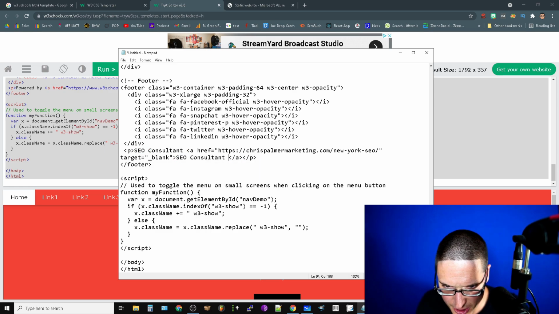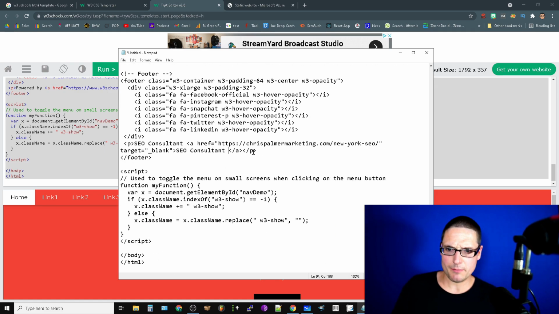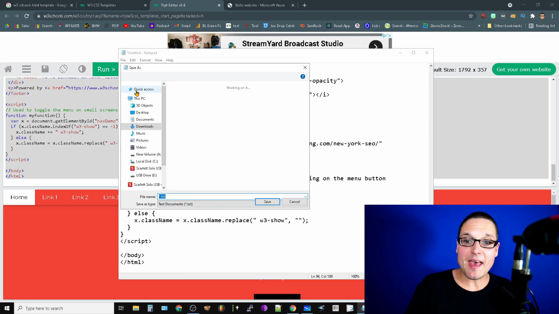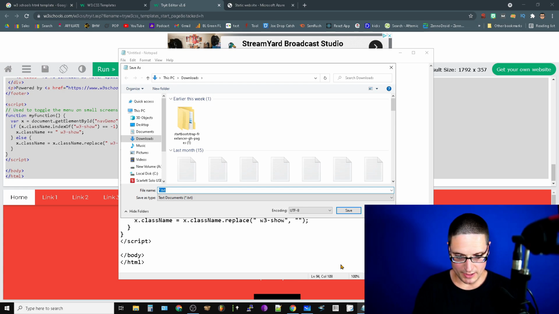Paste. Let me just double check the rest of this document. Okay, all right, so this is going to be our site. What we're going to do is go up here to File, Save As, and we want to name this